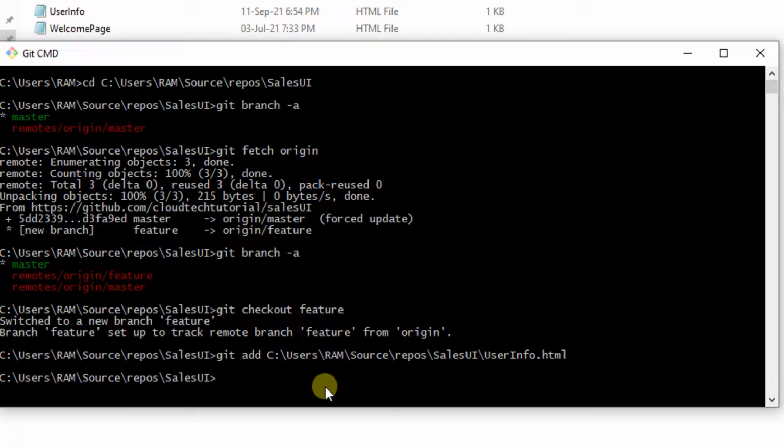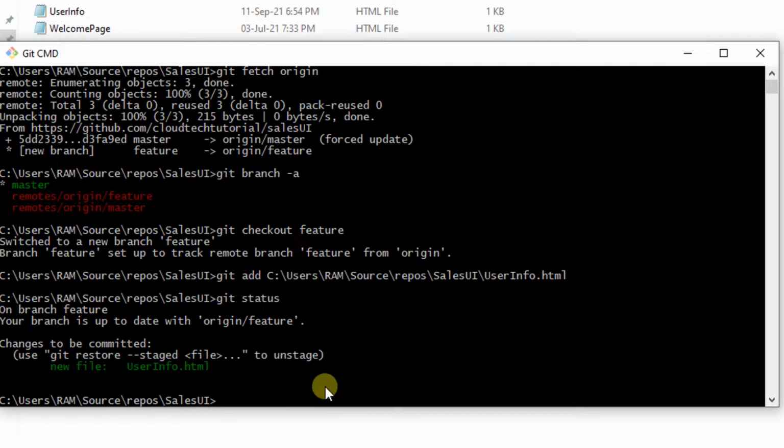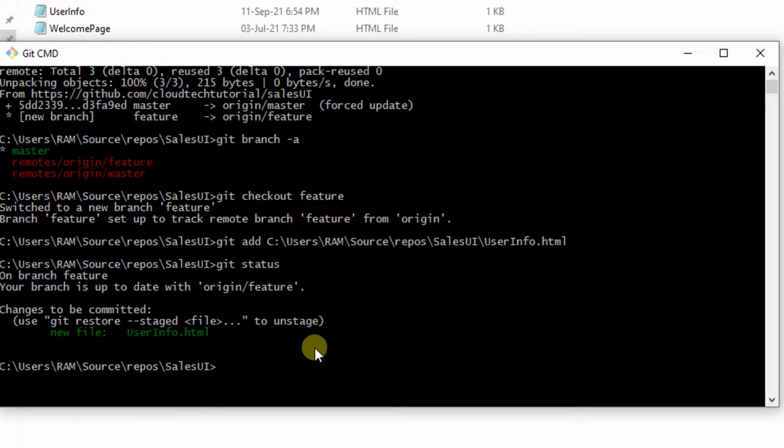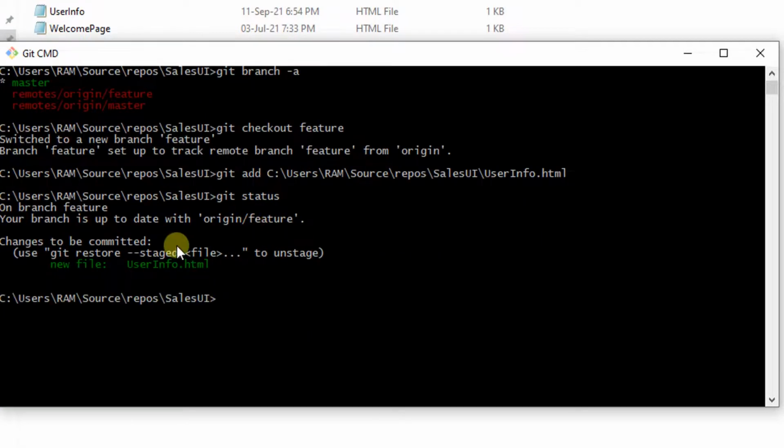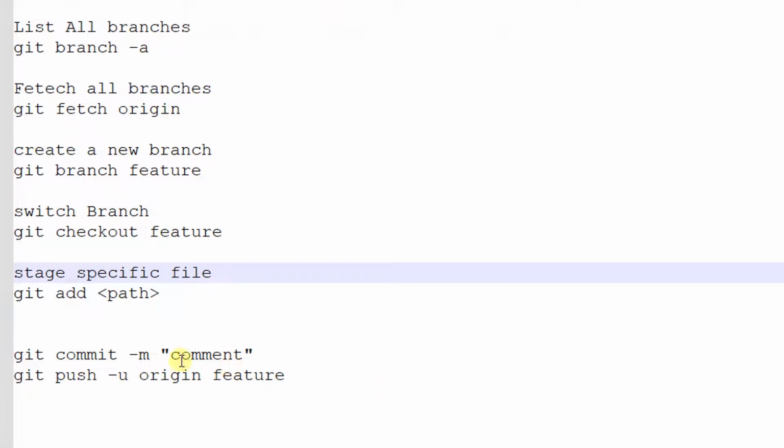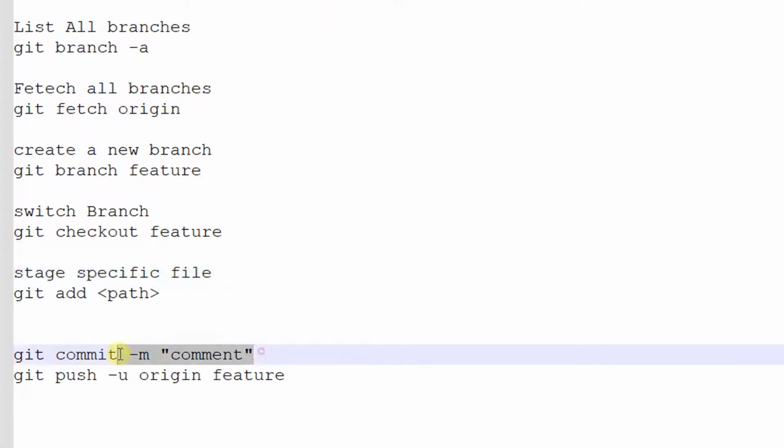We can check whether it is staged by using the command git space status. It will show what the current status is. It is clearly saying we are yet to commit this file. So now let's proceed to commit. In order to commit the changes, this is the command we want to use, git commit -m.